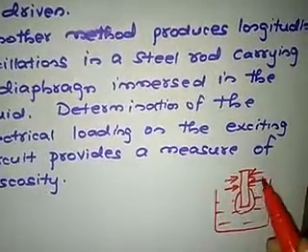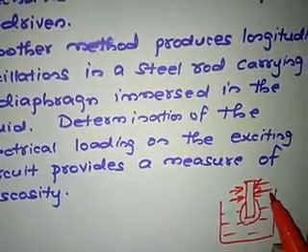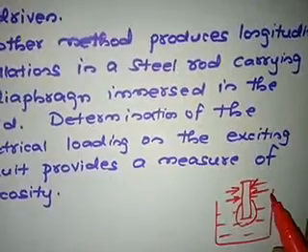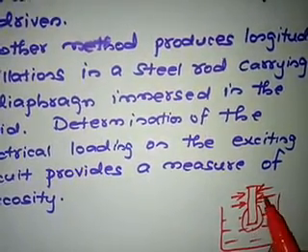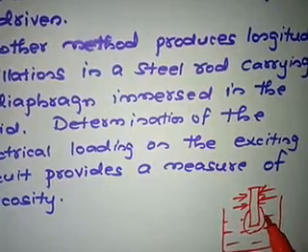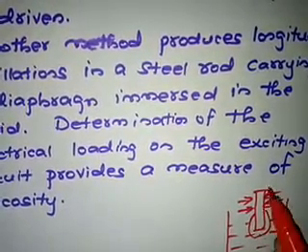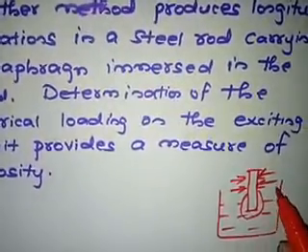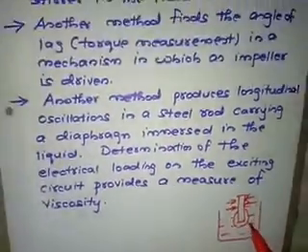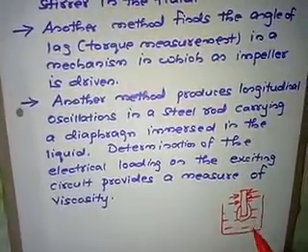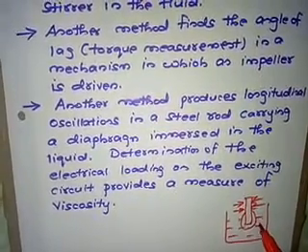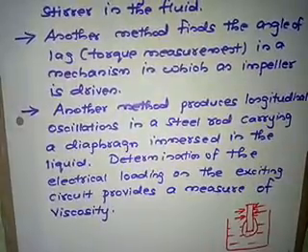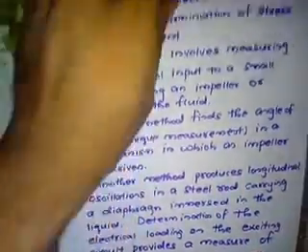So the circuitry which produces the oscillations on this rod, the loading effect on that circuit is measured. How much is the loading effect on the excitation circuit, or on the circuit which is producing the oscillations on the steel rod, that is measured. So indirectly that load measurement gives the value of the viscosity of the liquid in the tank. So these are the four electrical ways of measuring the viscosity of the liquid in the tank. Fine students. So these are the electrical methods.